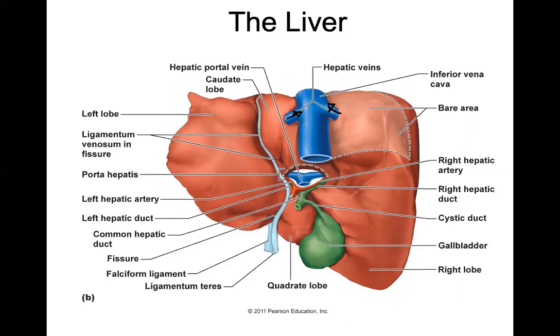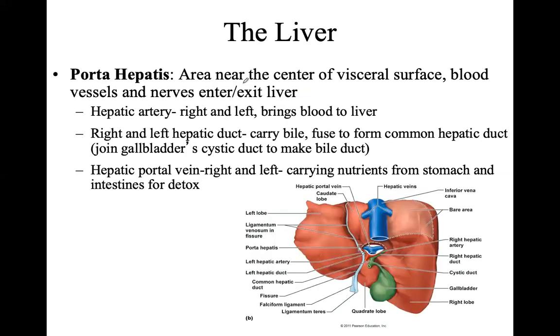You have another set that are depicted in red. These are your hepatic arteries. Again, you have right and left. In terms of your liver, you have a third blood vessel right here called the hepatic portal vein. The job of the hepatic portal vein is to collect nutrient-rich blood from your stomach and your intestine, bring it to your liver, as you can see, and basically complete the detoxification of those nutrients before they enter your main